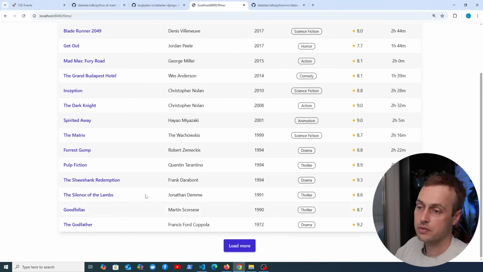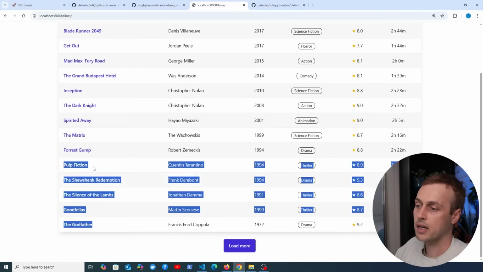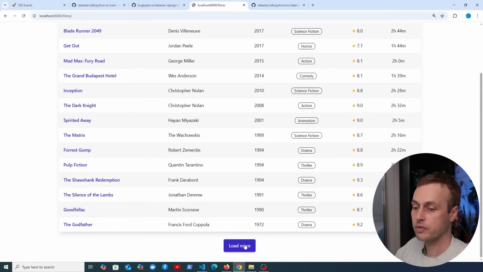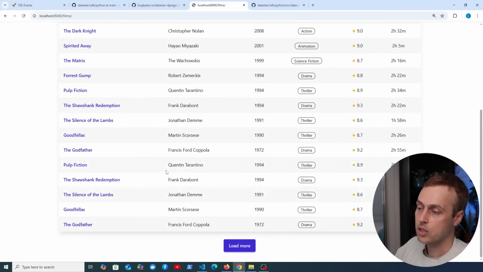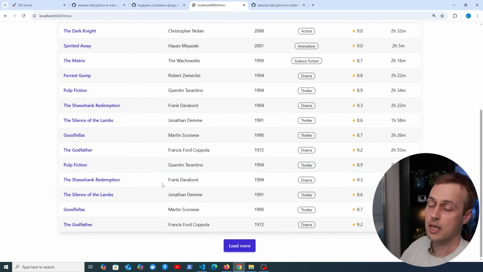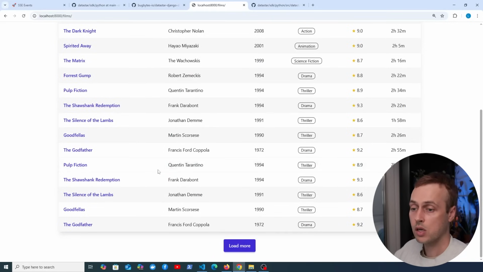So currently we have 15 films in the table, but if we load more, we're actually going to get a repeat of this set of data here. And that's the one that starts with Pulp Fiction and ends with The Godfather. So let's just see that in action. So basically, when we reach the end of the dataset, we don't want this repetitive effect. We want to stop the user from fetching more films, and we want to actually remove the button from the